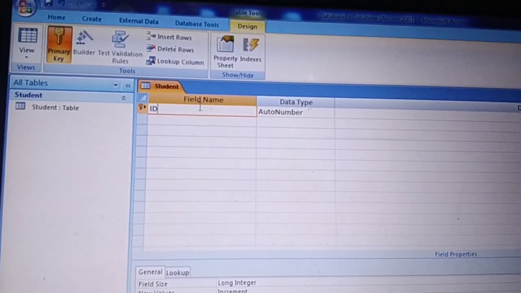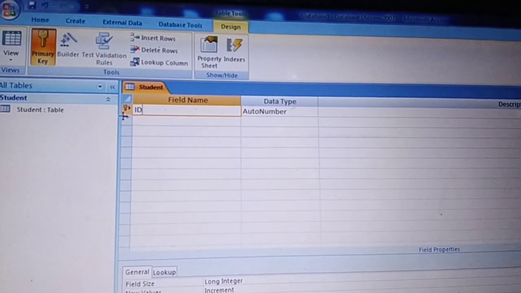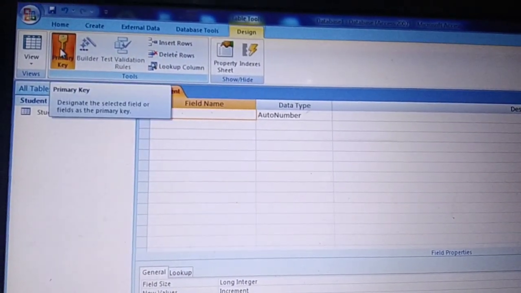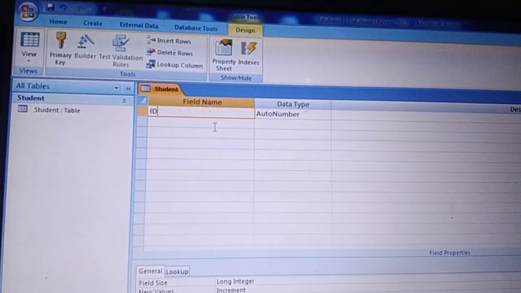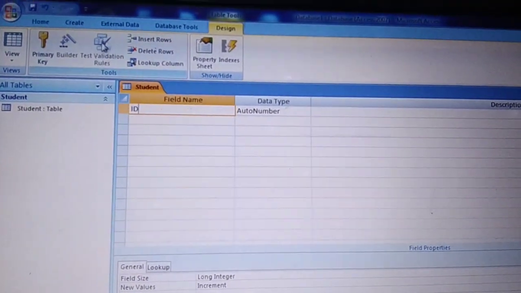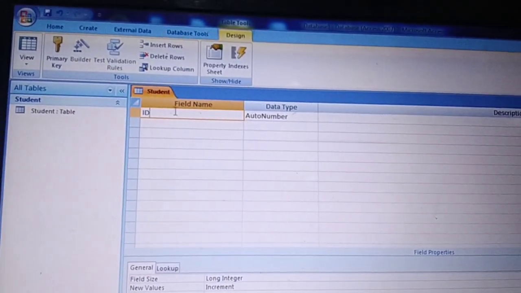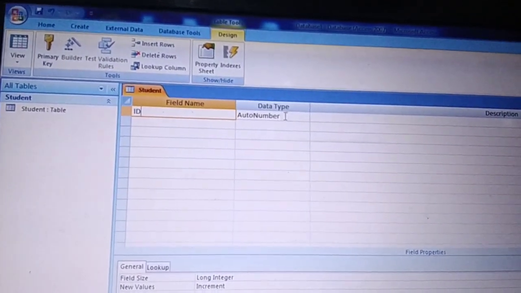So primary key means every data of the primary key should be unique. I will remove it right now. There is no need of that. So I am going to create a student database. So what are the fields I can take and what are the data types I can take?